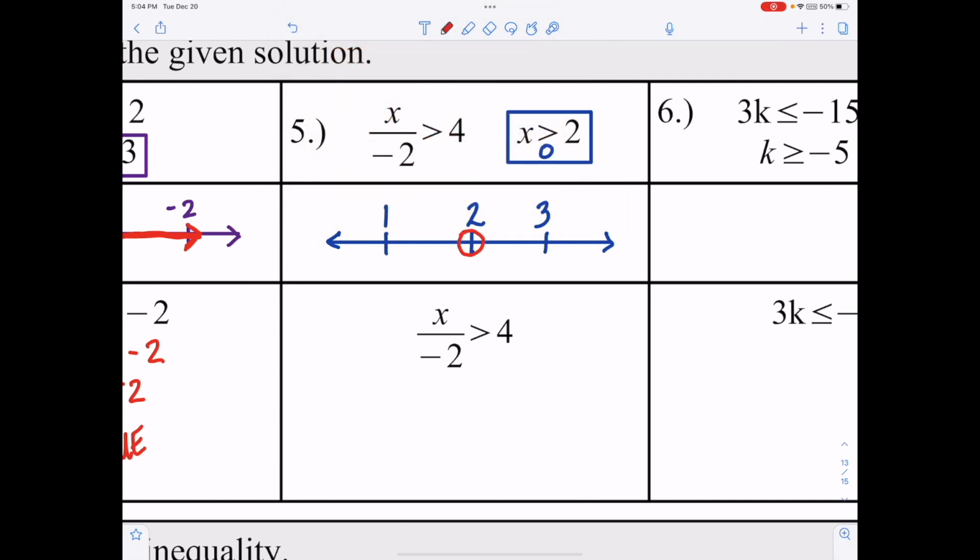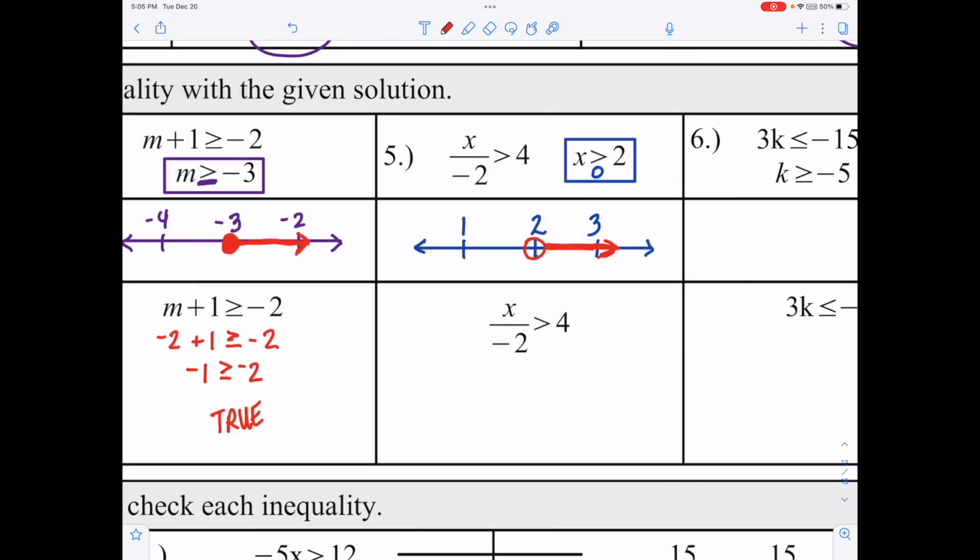So I have an open circle around that number 2 tick mark, and then we need to go back up to the variable and read it from there, left to right. X is greater than, which means we're sending our arrow to the right for greater than. Okay. All right, now that we've done that, let's go ahead and check, and we're going to actually substitute a